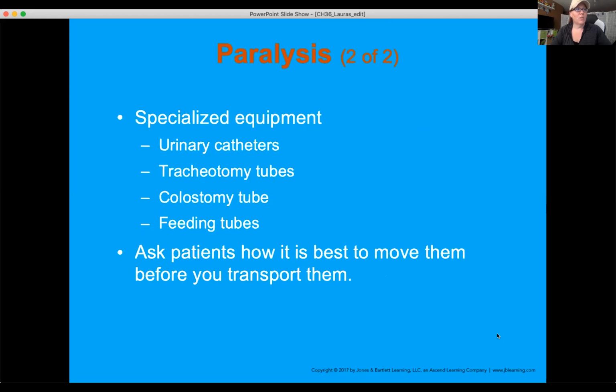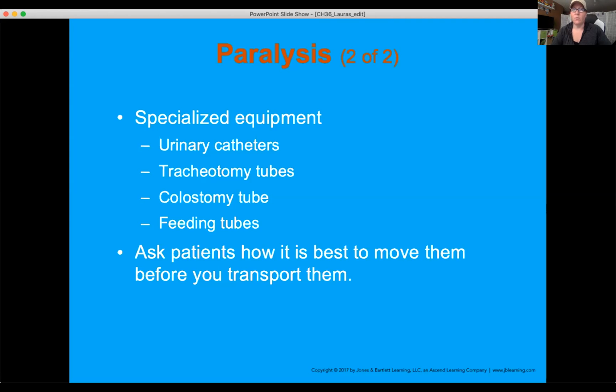So when we have a patient that's paralyzed in a non-emergent situation, ask them how they normally move and help them, all right? Patients who are paralyzed are also at higher risk for bed sores and skin tears. So be very, very careful with these patients, especially if they don't have a lot of help with somebody moving them. Even when they do, they can end up with bed sores pretty bad. So ask them how they normally move, how they would like you to help them move. Those are questions instead of just going and trying to move the patient, right?